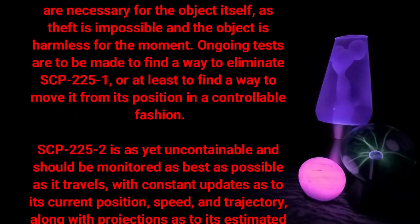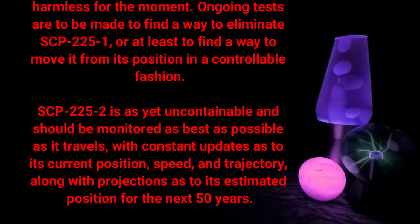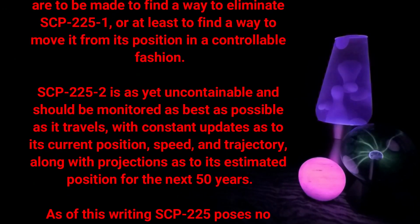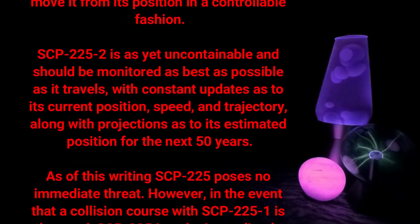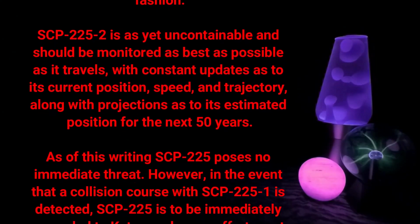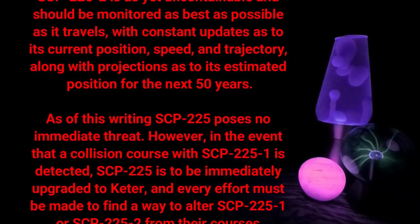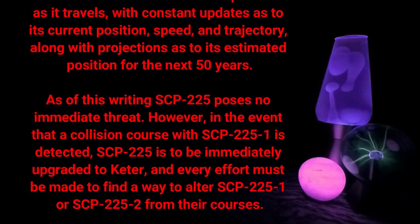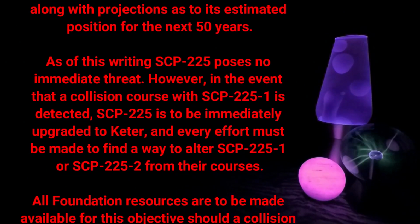SCP-225-2 is as yet uncontainable and should be monitored as best as possible as it travels, with constant updates as to its current position, speed, and trajectory, along with projections as to its estimated position for the next 50 years. As of this writing, SCP-225 poses no immediate threat. However, in the event that a collision course with SCP-225-1 is detected,